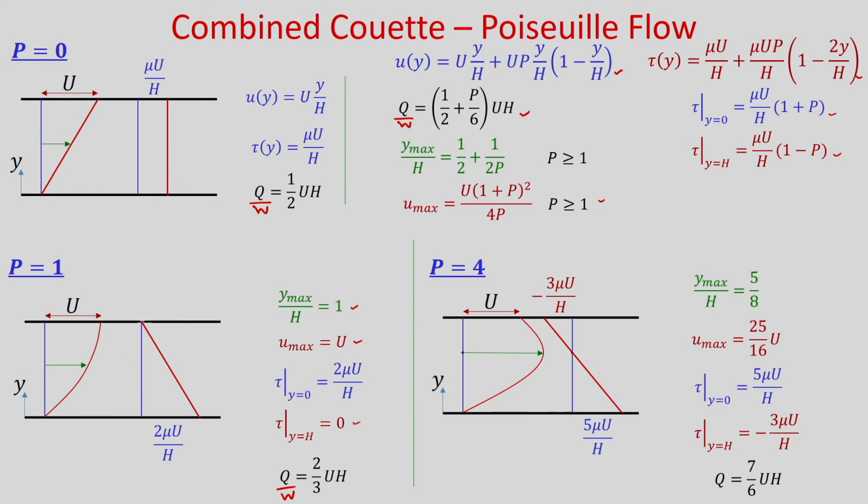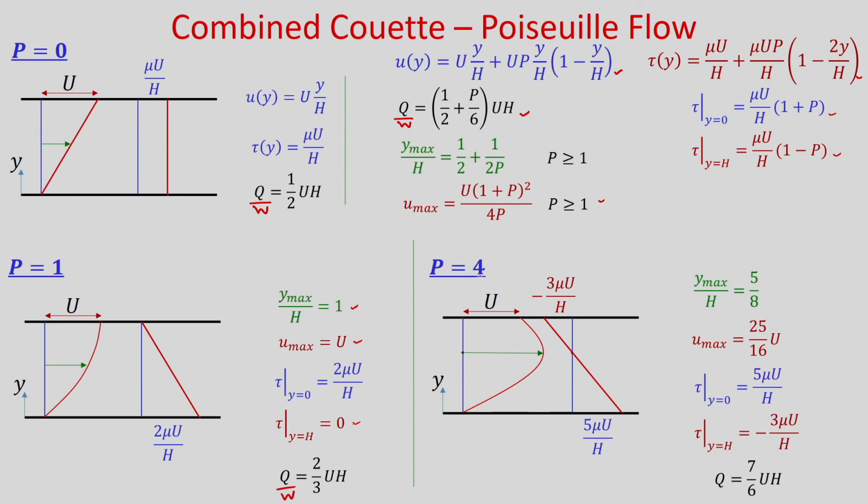So, the shear stress distribution is this one, and at the bottom plate it is twice mu U by h, and as tau is equal to 0 at the upper plate, that means the velocity gradient is 0 there, so the velocity profile will look like this, and here du by dy will be 0. At this location the velocity gradient du by dy will be 0.